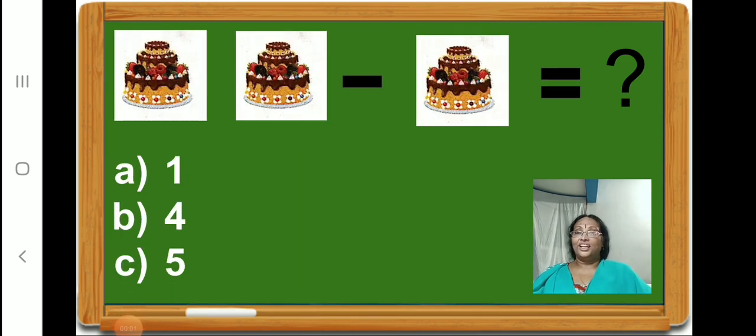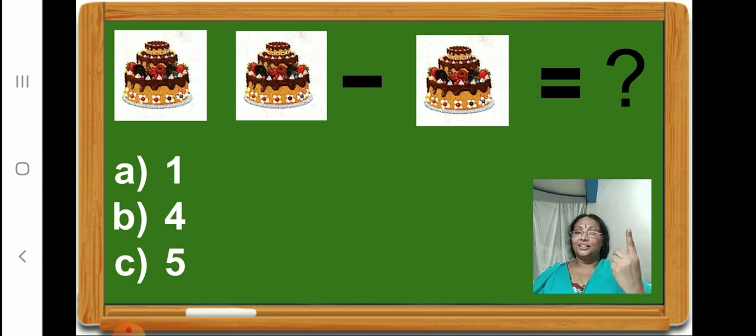Children, here we have 2 cakes on the left hand side and we have 1 cake on the right hand side. So children, we have to minus 1 from 2. Correct? Okay. So open 2 fingers. Now children, we have to take away 1 cake, isn't it? So we are going to fold 1 finger. Now count and see how many fingers are left. 1. Therefore, 2 minus 1 is equal to 1.